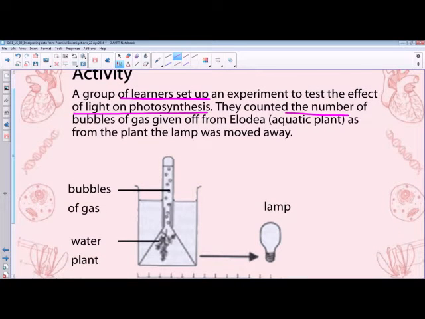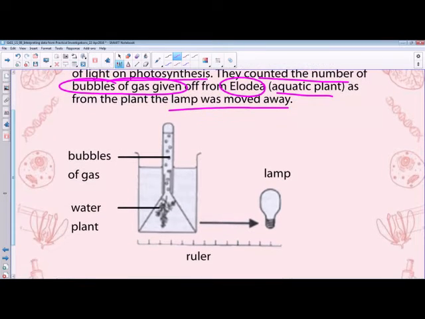They counted the number of bubbles given off from Elodea, which is an aquatic plant, as the lamp was moved away from the plant. So essentially, here's how it was set up. Here we've got a funnel that is inverted. It's placed over the Elodea plant, which is kept in water, and the inverted funnel has a little test tube over it, and these bubbles are gradually given off, and as they're given off they tend to displace the water and accumulate here. So here we've got air that is accumulating in the upper end of that test tube,